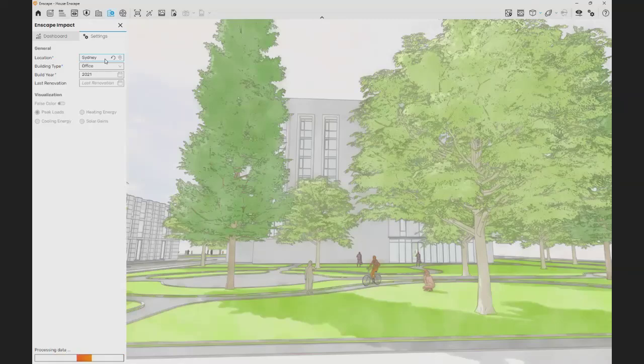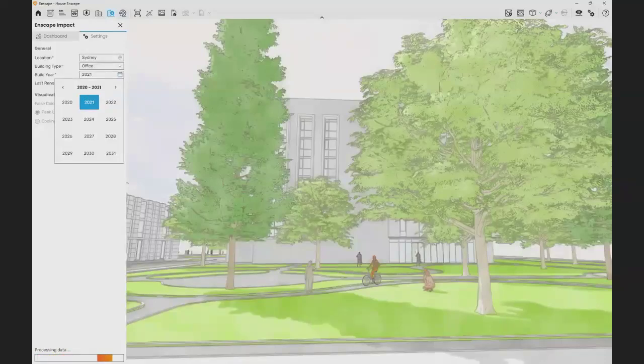The next thing that we need to decide is the type of the building. But this is already decided when we start designing something, right? We will have some requirements at the beginning. Either it will be a single family home, or a multi-family, office, school, university, maybe a hospital or dining. So this is the next thing that we need to decide. After that, we need to choose the year that it is built.